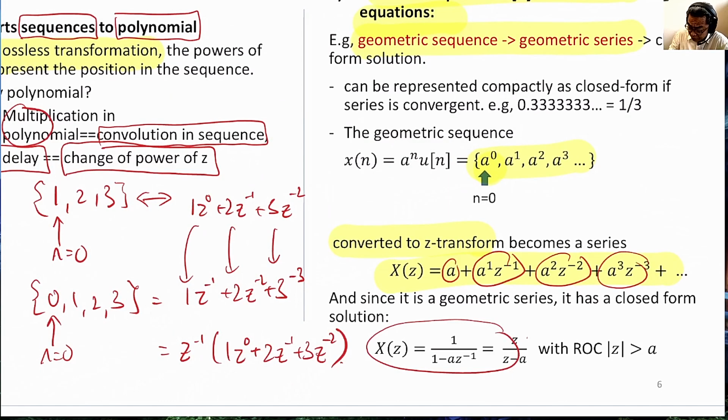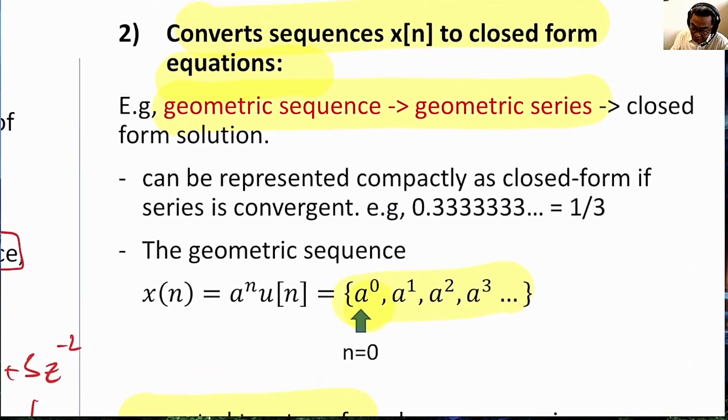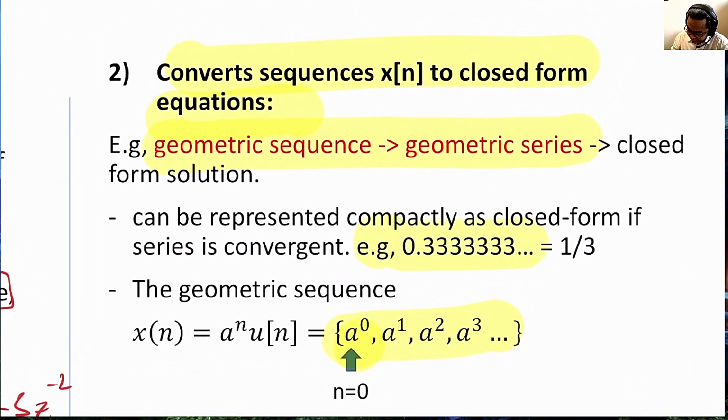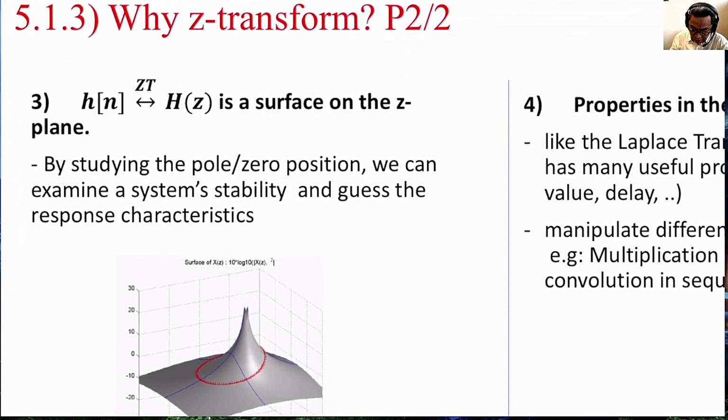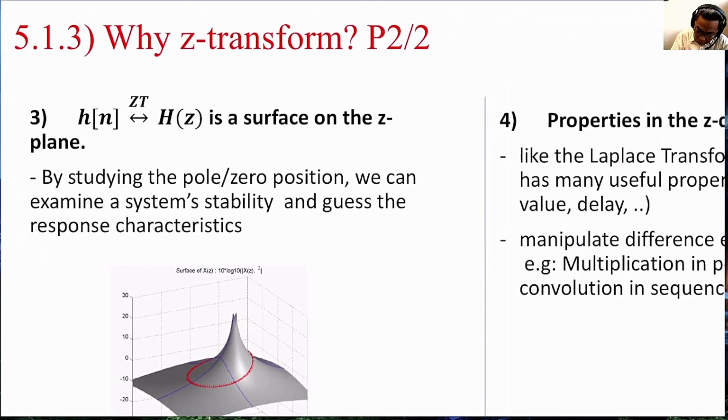Why do we like closed form solution? Well, this is a nice example. 0.333 is represented as 1 divided by 3. A much simpler, much more compact representation than 0.333 forever. What are the other reasons? Well, later on you will see that when we perform Z transform on